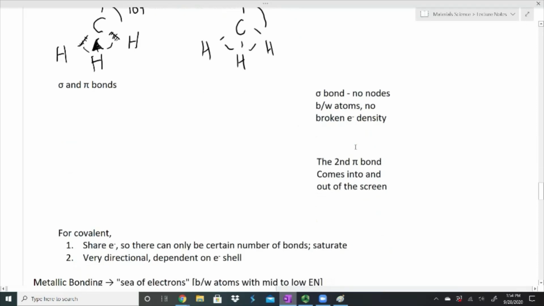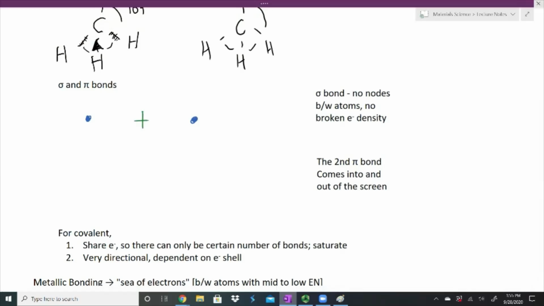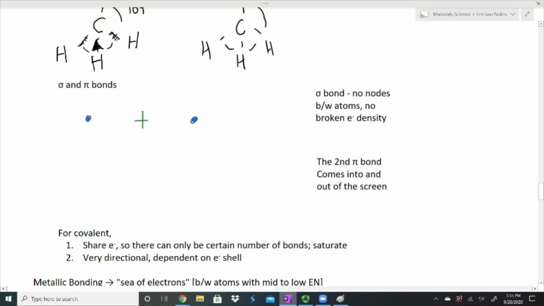I wanted to jump quickly into our pi and sigma bonds, or sigma and pi bonds, and those are just the bond types. So our sigma bonds are going to be our really tight bonds. If I have an atom and I want to bond it to another atom, I want to have those things meet up together, I want to add those two together, what I do is I take the